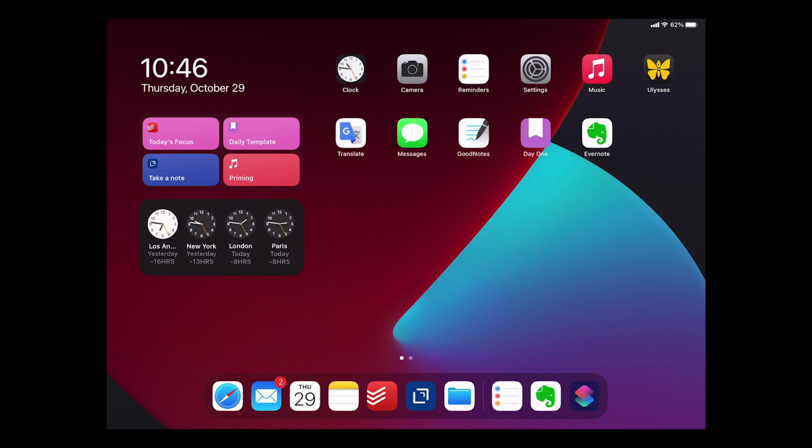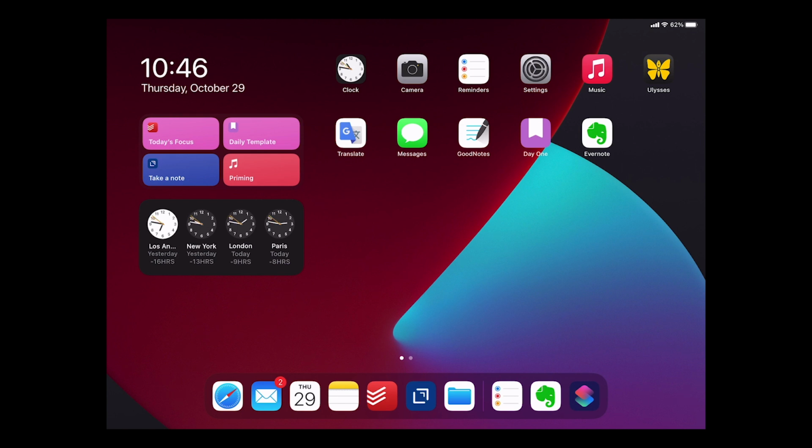Now, the way I use my iPad is this is a content creation tool. I don't do that much consuming actually on my iPad. I generally consume using my desktop computer because it's a bigger screen. But so this is primarily used as a content creation tool. So when I start the day, what I want to know is what is on my list. What's the number one? What's my focus for the day?